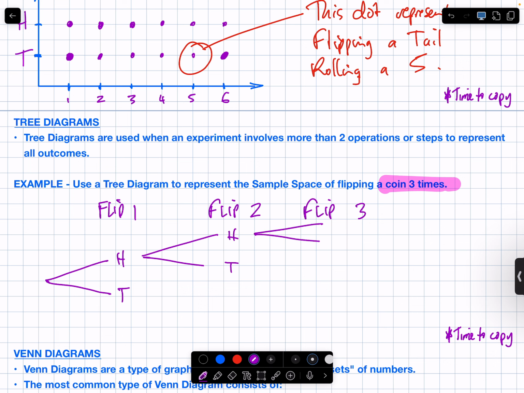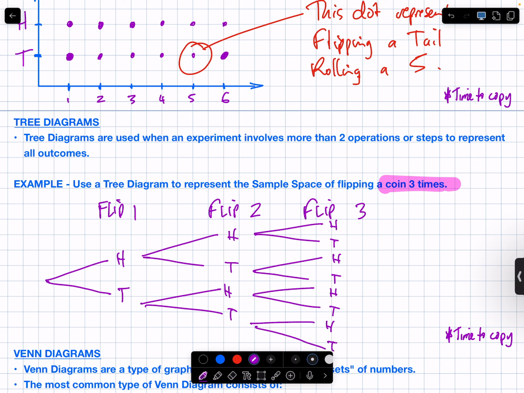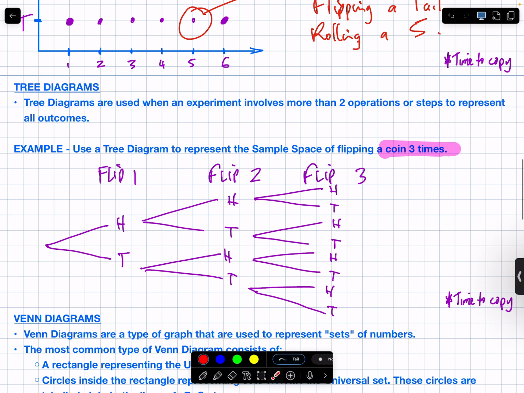See how it looks like a tree now? So this tails, I could get a head or tail after flipping that. This tail, I could get heads or tails. This head, heads or tails. This tails, heads or tails. So the sample space